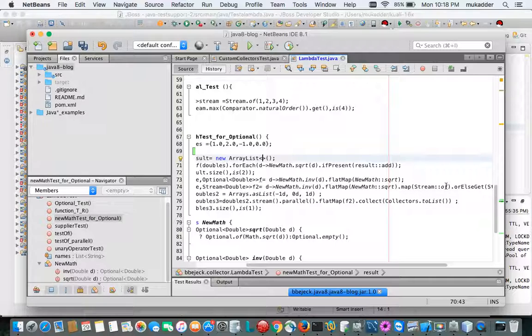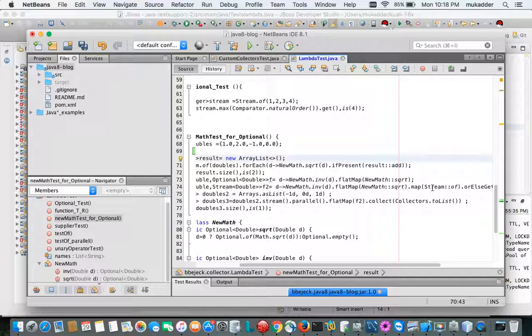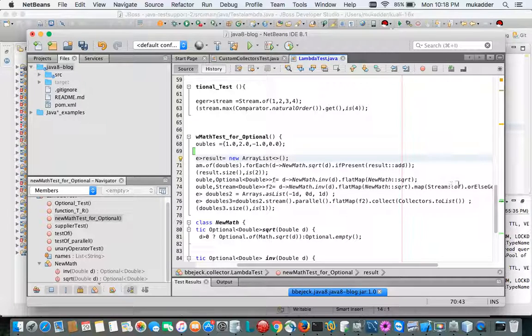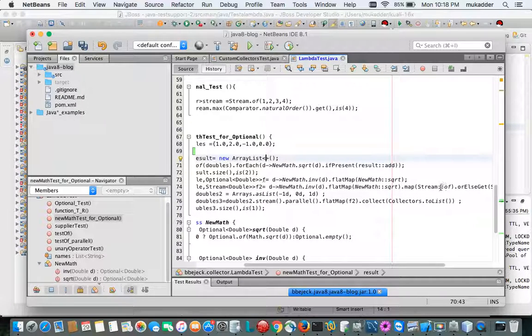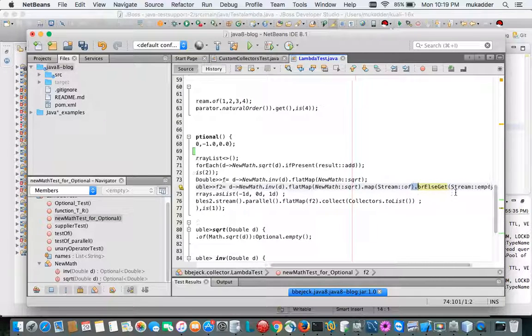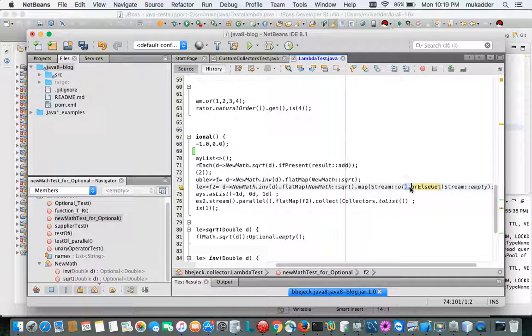So stream of also is a function which converts a double into a stream. So just think about those lines. Up to this point, we have a stream of doubles, instead of optional doubles like in the prior case. Now, because we have a stream of doubles, we can get a stream of optionals here,